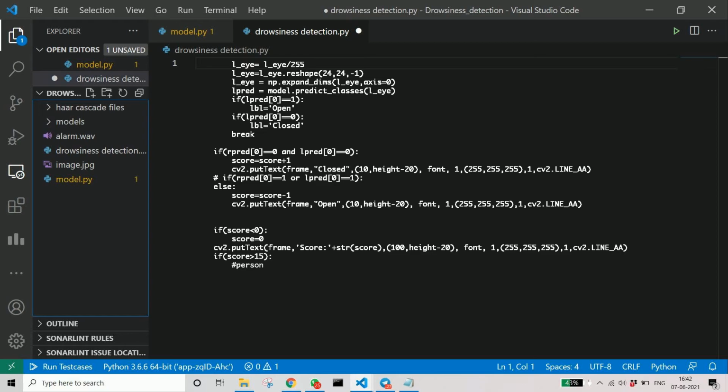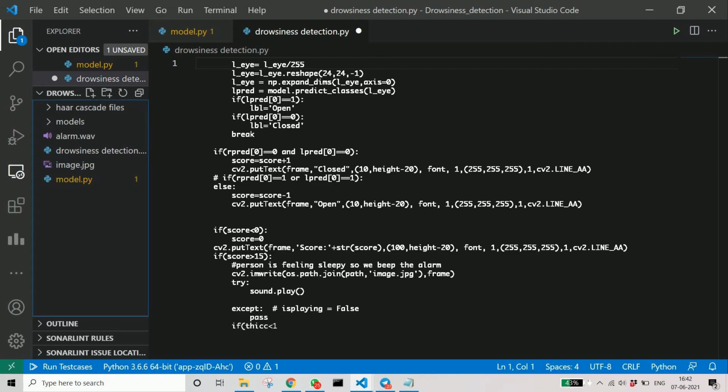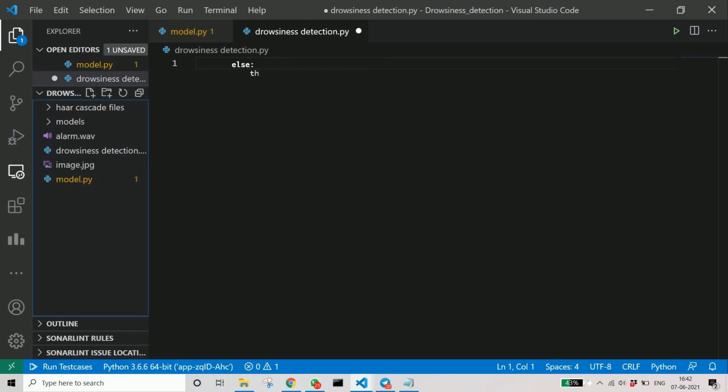Okay, so here is the alert part. If we keep on closing our eyes for 15 frames, so that's 15. If we continuously keep our eyes closed for 15 frames, it's not seconds, okay, it's frames. Then we save the image for later. Then we try playing the sound. In some cases the file might not work or it would be corrupted, so we should not take a chance. So we try and put an except, in case it's not playing, right? Oh, we have commented that also. And then we decrease the tick. I guess we are almost done with the project.